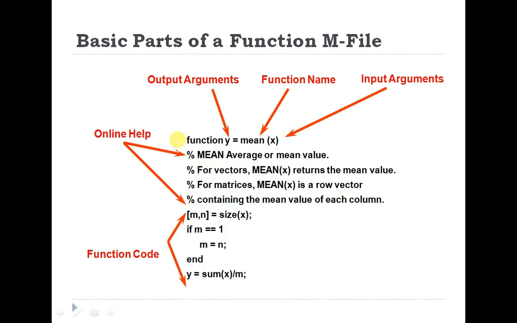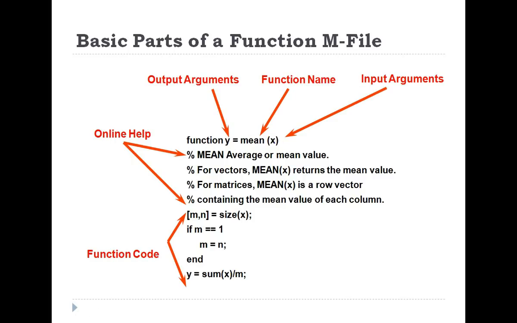First part is we have to define the function with the function tag, or we can say function command. Then call some variable, that is our output variable. In this output variable we have to store our function name and its argument. So what is the function name here? Some name will be provided, that is mean, and some argument is provided to that mean, that is x.